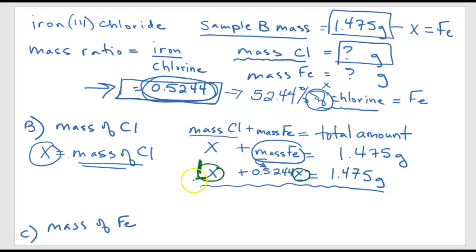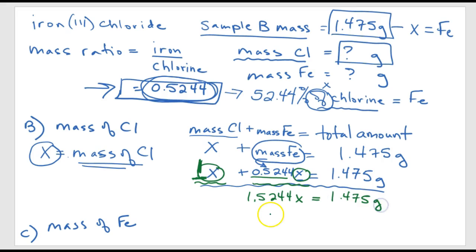Now we can go ahead and add the coefficients together. So 1 plus 0.5244 gives me 1.5244x. So I can add up these like terms together, and I get 1.5244x is equal to